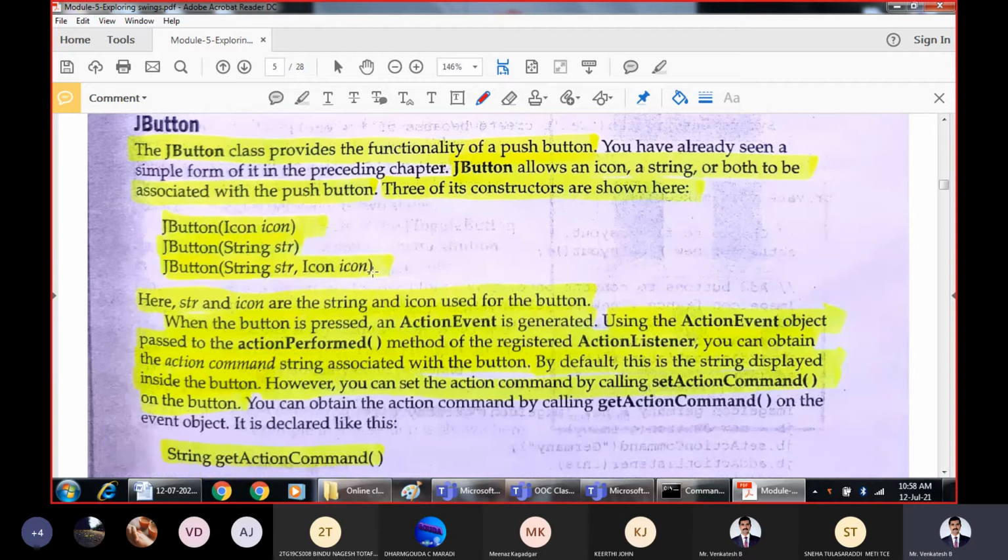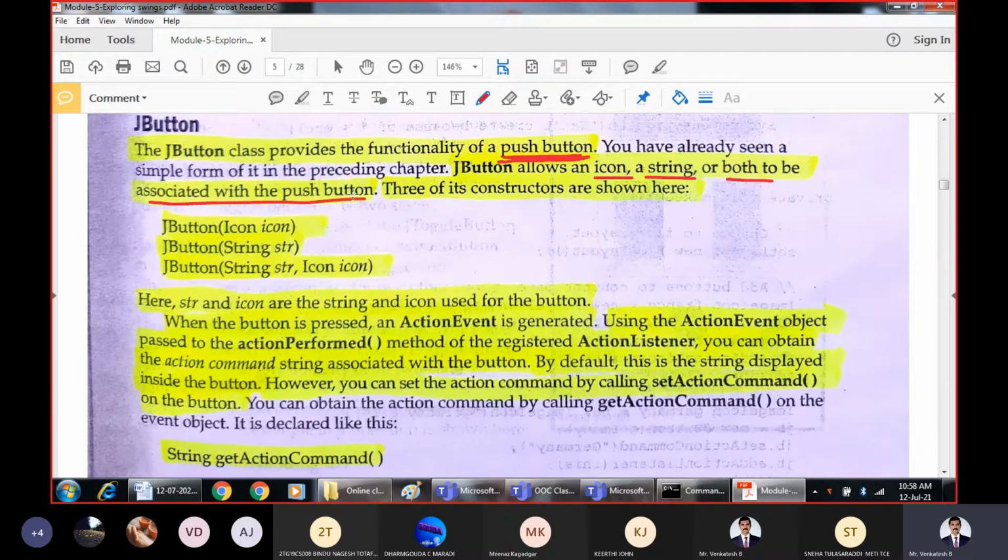Now let us see the first type of button among the four types, JButton. The JButton provides the feature of a push button. If you want to select some option by pressing a button, we implement the JButton class. JButton also allows an icon. We can use an icon, or a string, or both to be associated with a push button.